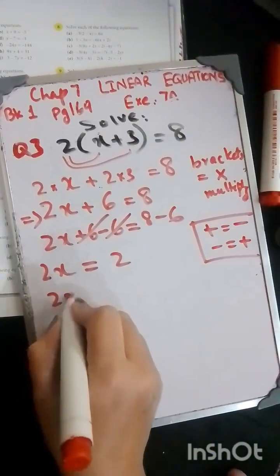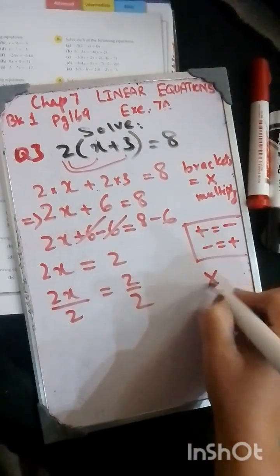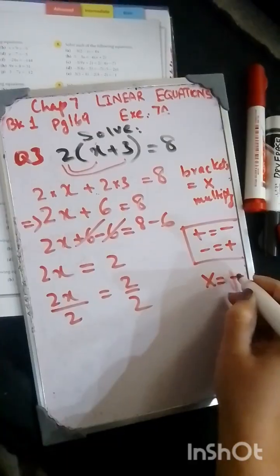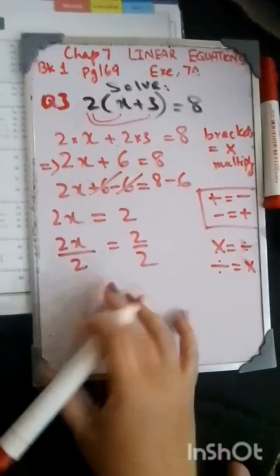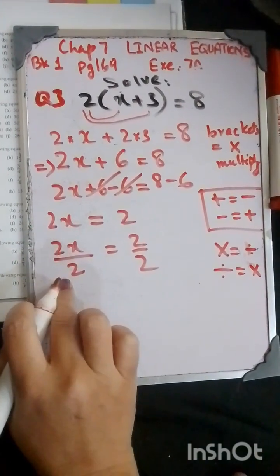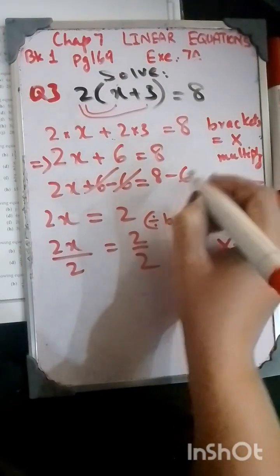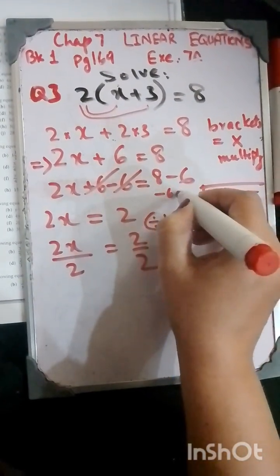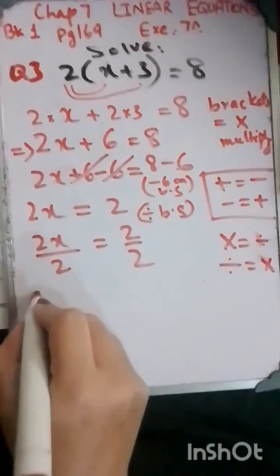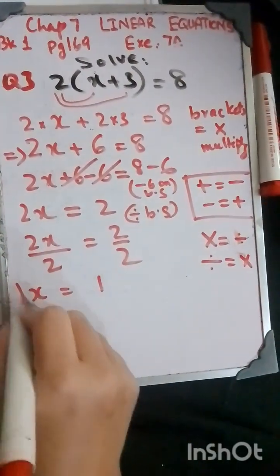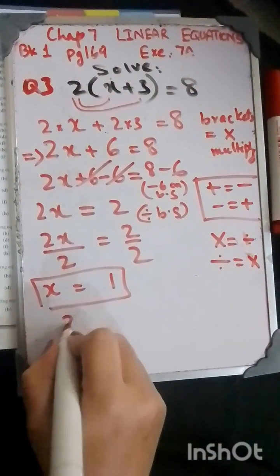So now the equation is simple. 2 is being multiplied here with x, so we are going to divide it, right? On the other side it will be divide simply, or you can just divide both sides of the equation by 2. So it will be simple. 2 divided by 2 will be 1 on both sides. Let me make it precise so that you can understand while you are copying it. So it will be only x equals 1 with this method.